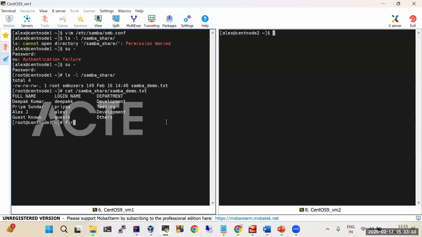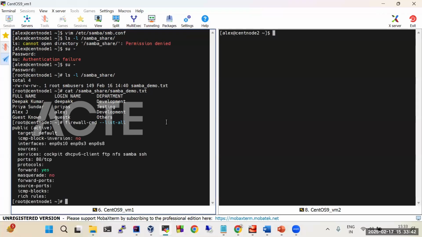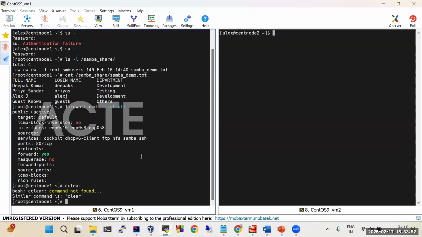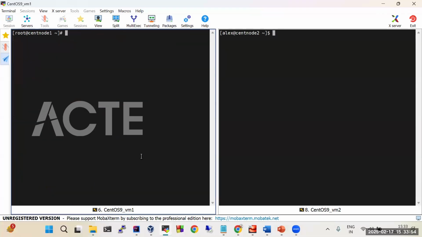The firewall command also needs to be enabled. I've already configured Samba here, so make sure that we have Samba enabled in the firewall so that the communication will not get stopped by the firewall. Okay, so coming to the client,